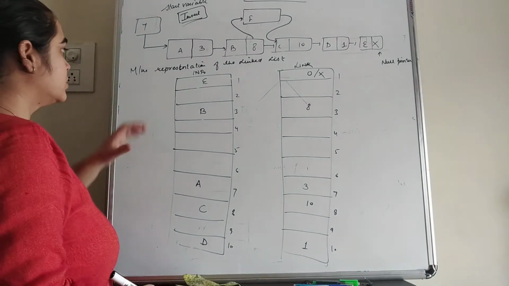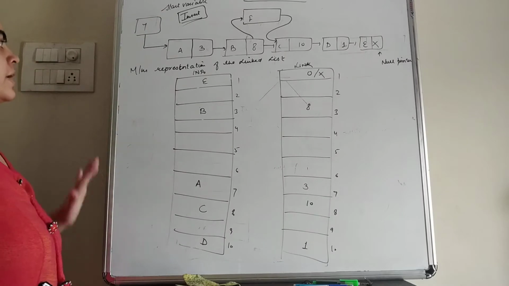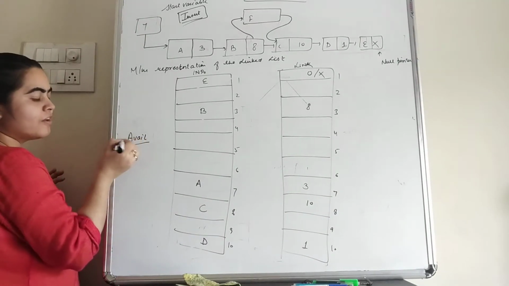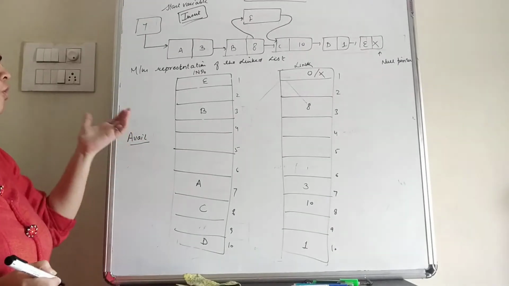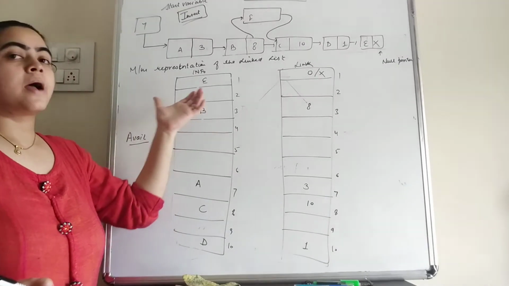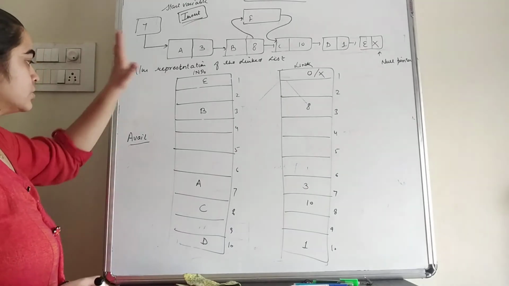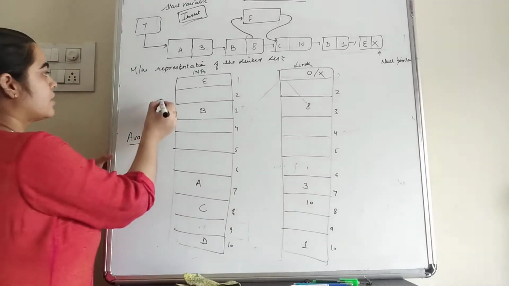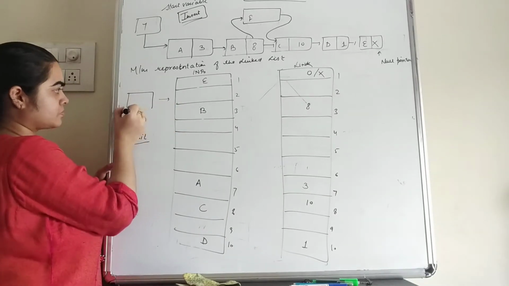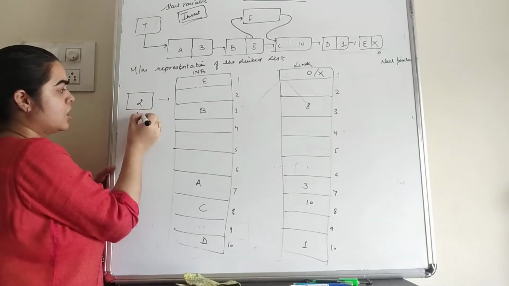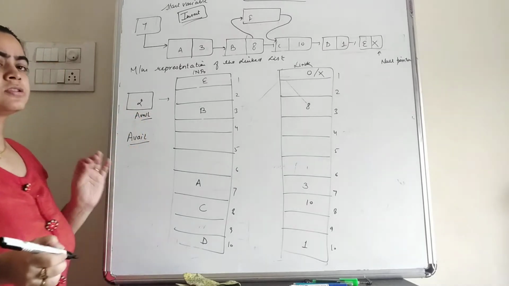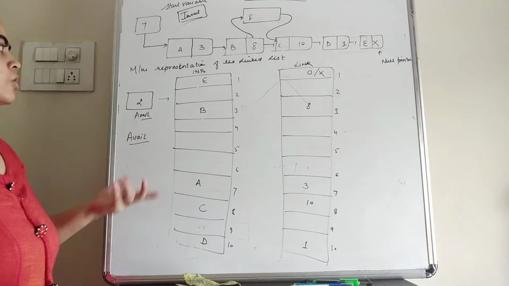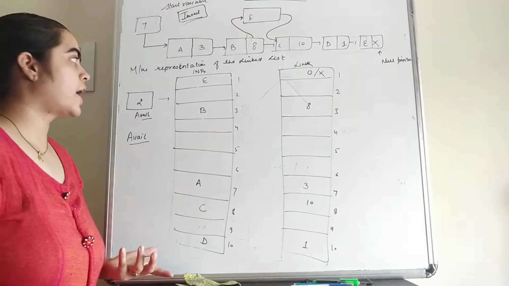For that, see students, this is our array. The next variable is the avail variable. I told you, the avail variable contains the address of the first empty memory location within the array. In this array, the first empty memory location is 2. So currently the avail variable contains the address 2, because this second location is available to add or insert the new data element.